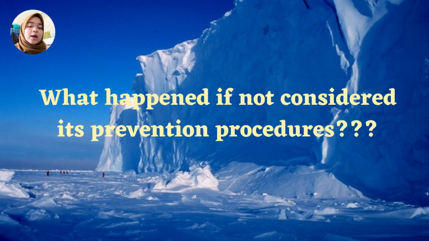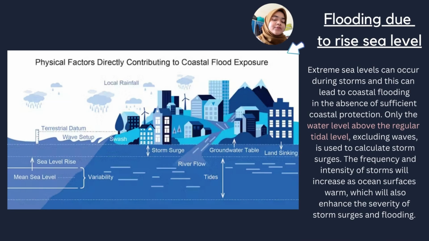So now, what will happen if these prevention procedures are not considered? Let's take a look. The first one is flooding due to sea level rise. In the slide, there's a figure showing how the flooding is going to happen. Extreme sea levels can occur during some storms, and this can lead to coastal flooding in the absence of sufficient coastal protection. Only the water level above the regular tidal level, excluding waves,